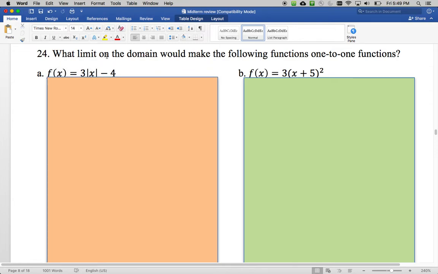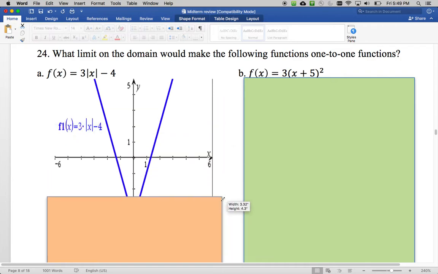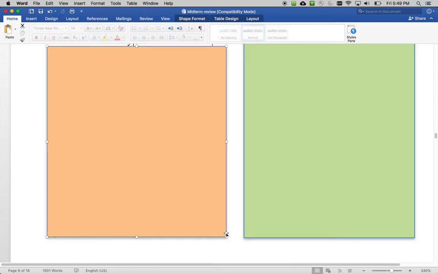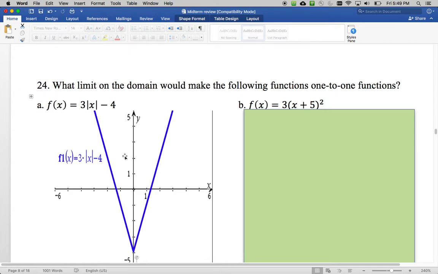What limit on the domain would make the functions one-to-one functions? Okay, so a couple things on these. All these graphs, or all these functions, I went ahead and graphed them, and the reason why is because you really need to see what the graph looks like to understand how to limit the domain. So in this case, this function looks like this. It's the absolute value. It's smack dab centered on the y-axis, and